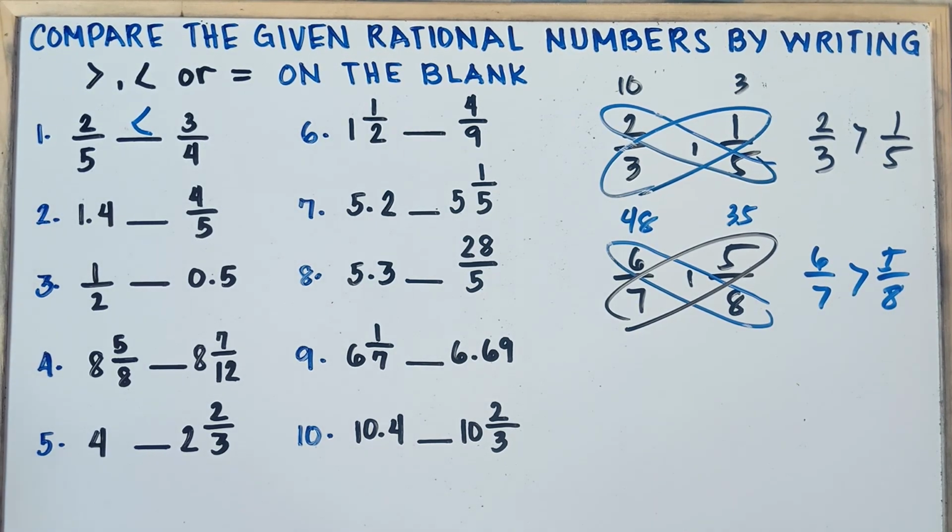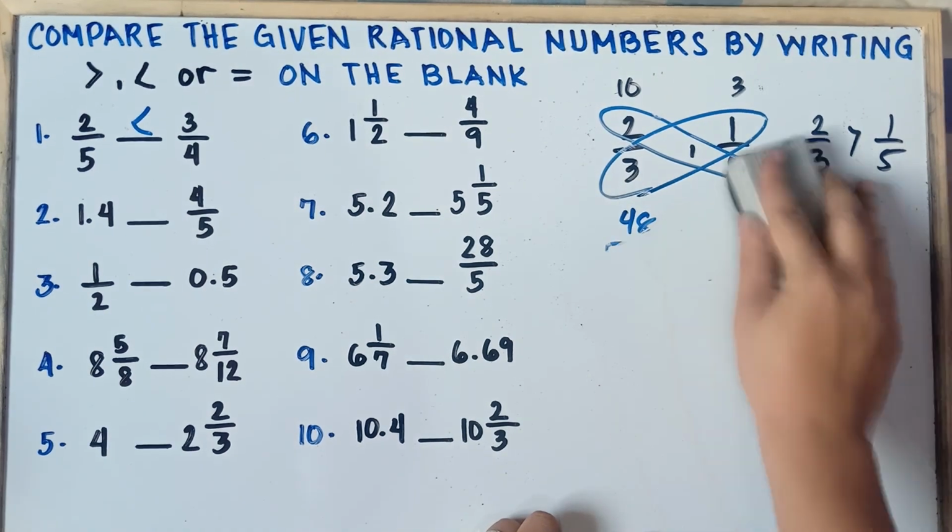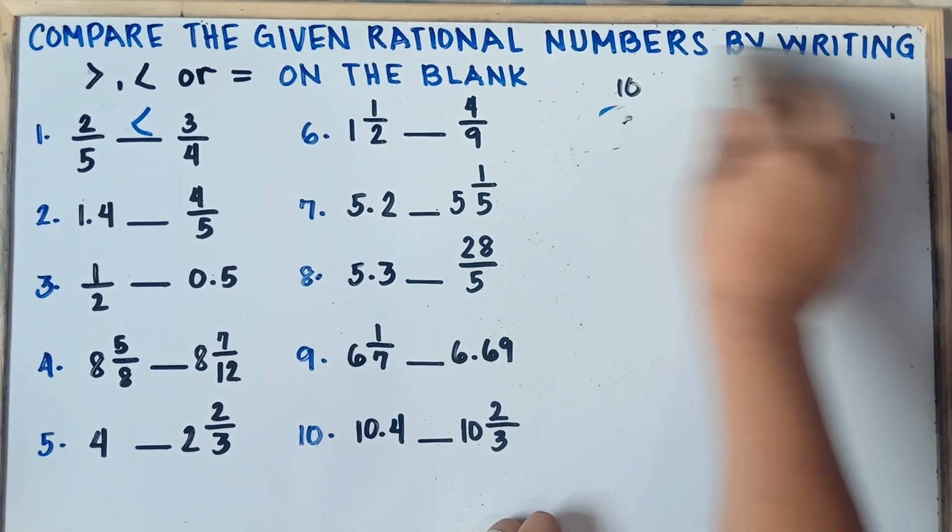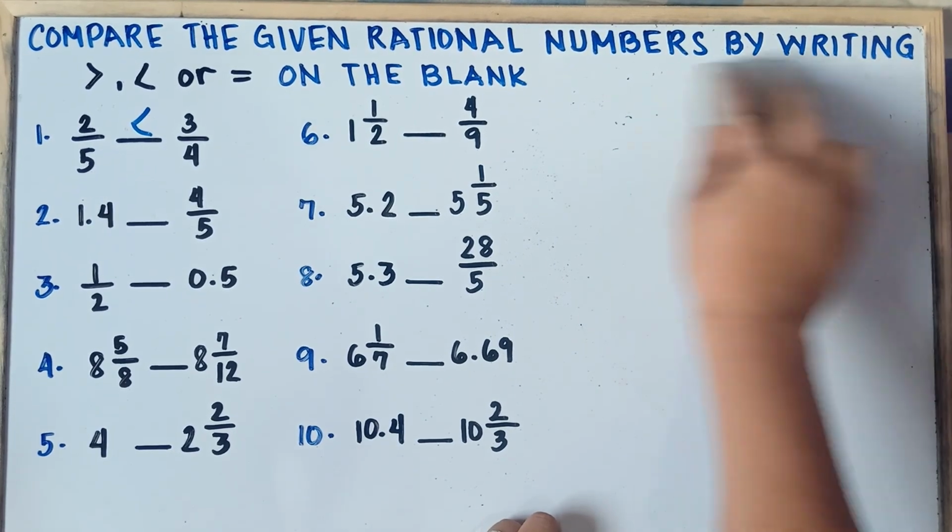Simple as that, class. If you have fractions, class, even if you use your calculator, class, you will have the same answer. Alright, so if you have given fractions, class, just do that one. Just simply cross multiply. No need to change into decimal, especially, class, if your teacher will not allow you to use calculator. But if the teacher will allow you to use calculator, very easy, class. Just simply divide, class.